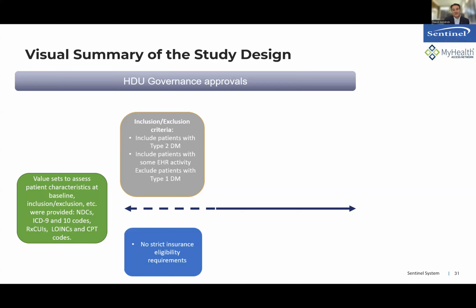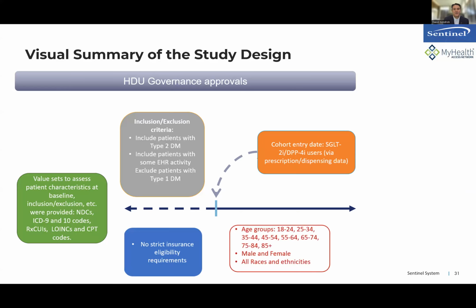And so the timeline of the study was to identify a study entry point, or kind of a born-on date, into this cohort as being the date that the patient was first exposed to prescribed SGLT2 and DPP4 medications, of the class like Ozempic and these other miracle weight loss drugs we hear about these days, but which have really been around for a while, many of them for treatment of diabetes. And we were able to stratify this across a number of age groups, genders, and all races and ethnicities.